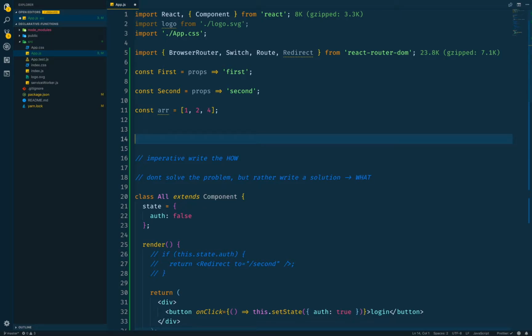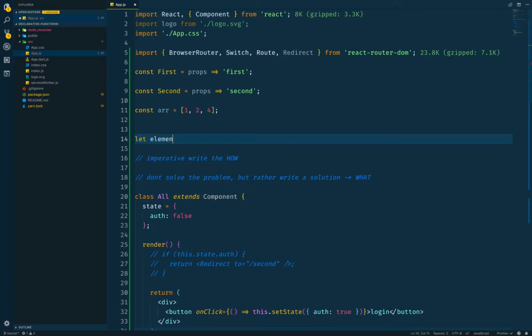So what I can do is be imperative. If you tell me that you want divs in the DOM with the inner HTML to be these numbers, then I can go ahead and